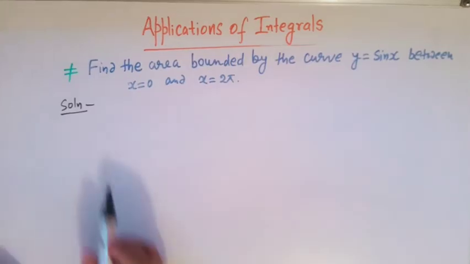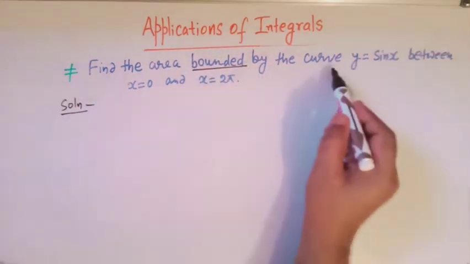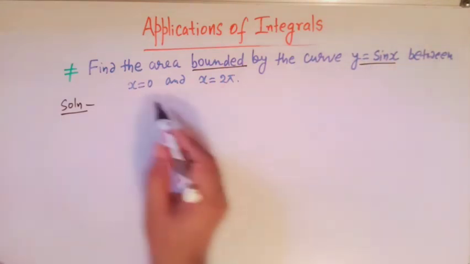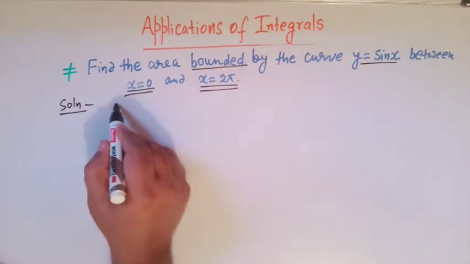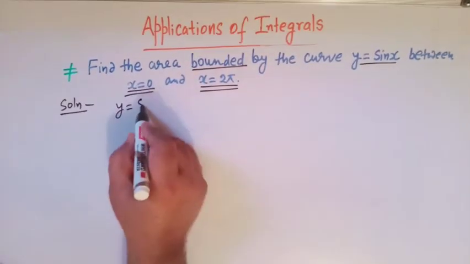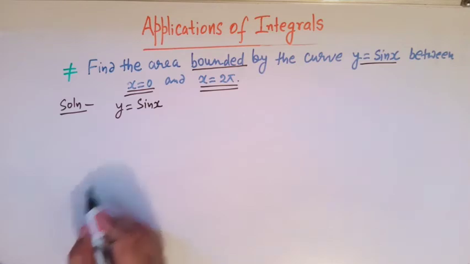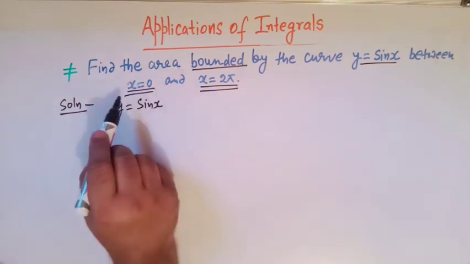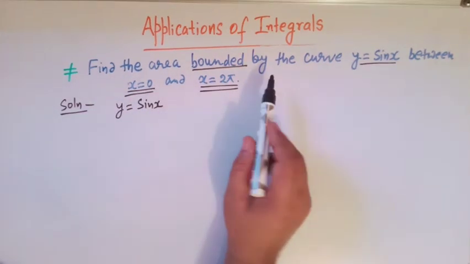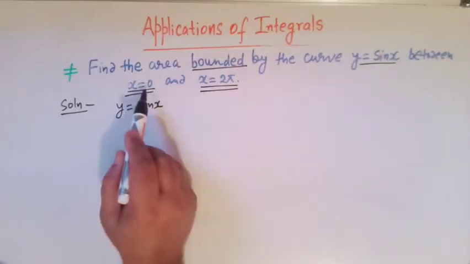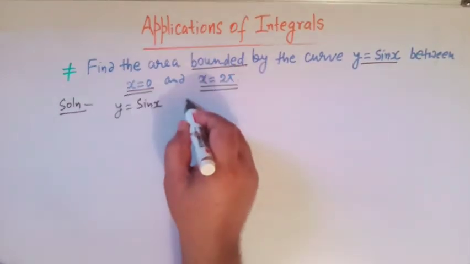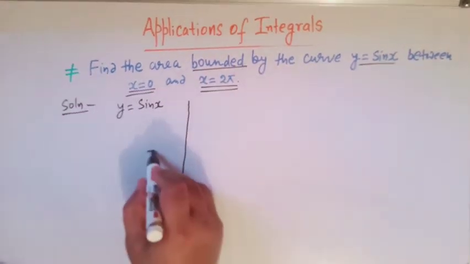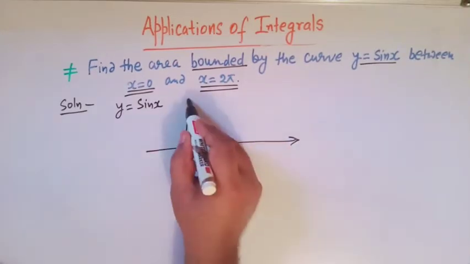Now viewers, let us take this problem. Find the area bounded by the curve y equal to sin x between x equal to 0 and x equal to 2 pi. So here the equation of the curve is given as y is equal to sin x, right? And we have to find the area bounded by this curve between x equal to 0 and x equal to 2 pi. So viewers, let us first plot the graph of y is equal to